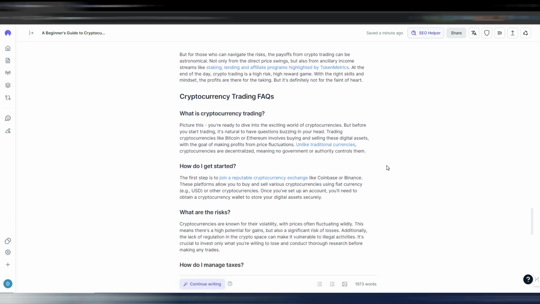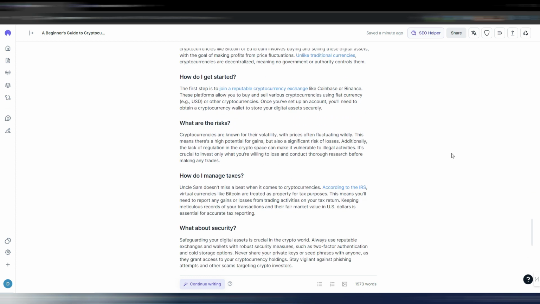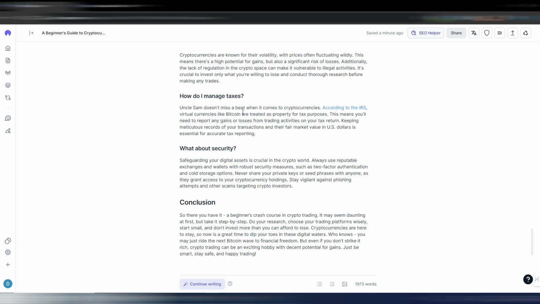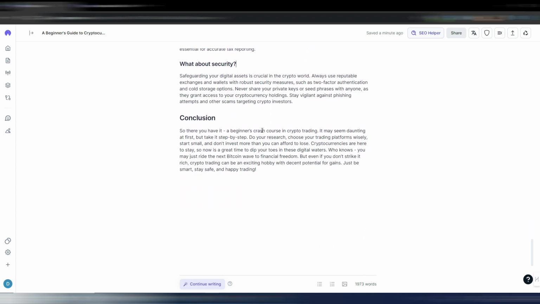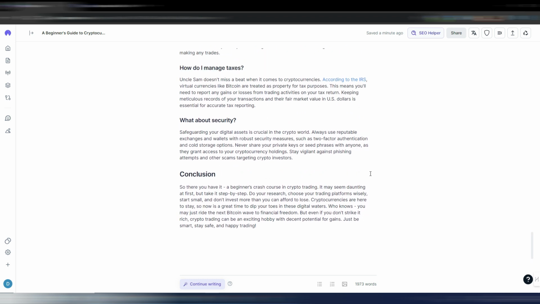We have the FAQ section, including something about taxes, referred to the US, obviously, because this was my target country, and we have this conclusion. As always, if you don't like something about the article, as it happens with many other AI writing tools, you can change and edit whatever you want,